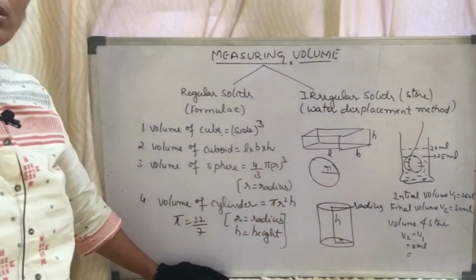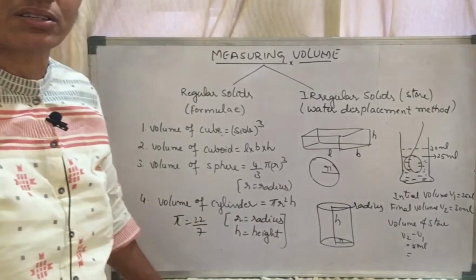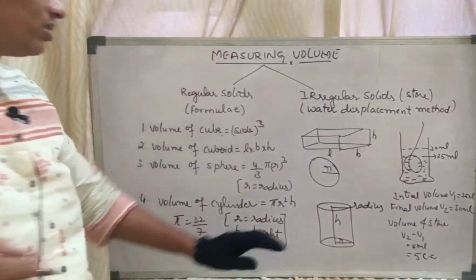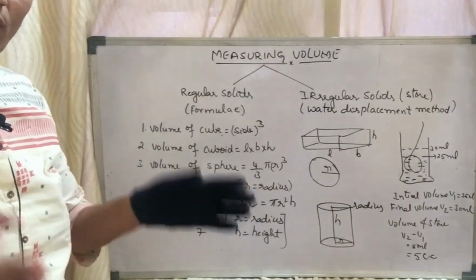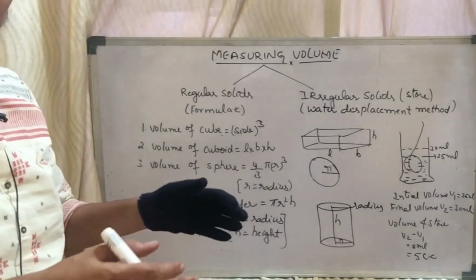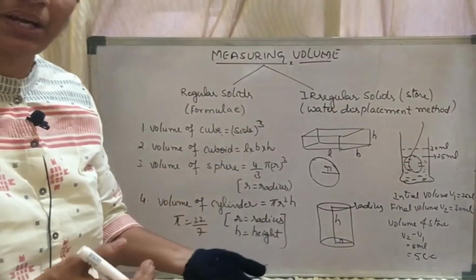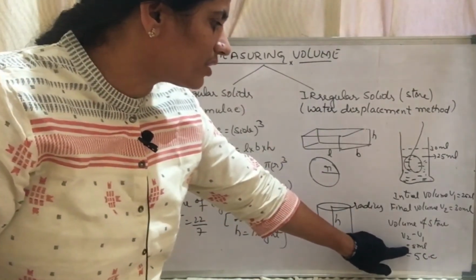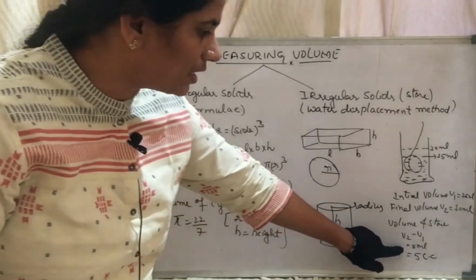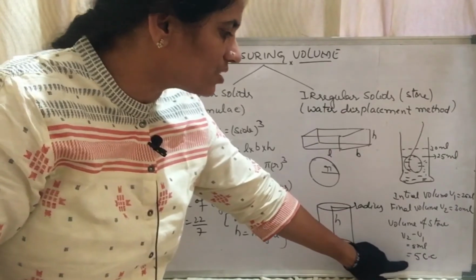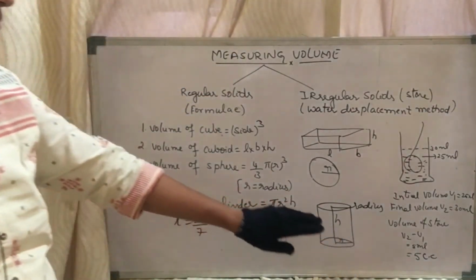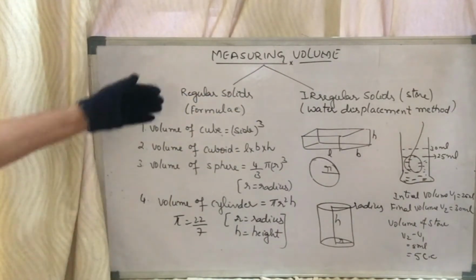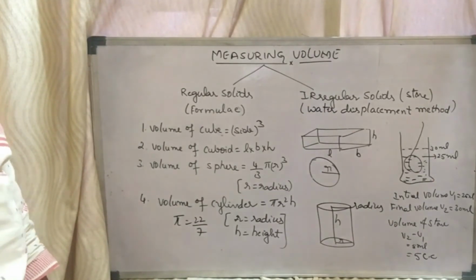Now you may be having a doubt: ma'am, it is a solid, how can we measure it in milliliters? Yes, you are correct. We know 1 milliliter is equal to 1 cubic centimeter. We have seen this in the previous video. If you have not watched it, please watch my previous video, where I have explained the area derivations. Now here we are dealing with the volume. We have seen that 1 milliliter is equal to 1 cc. Therefore 5 milliliters is equal to 5 cubic centimeters. So this is how you will find the volume of irregular solids, and with the help of the formula you will find the volume of regular solids.